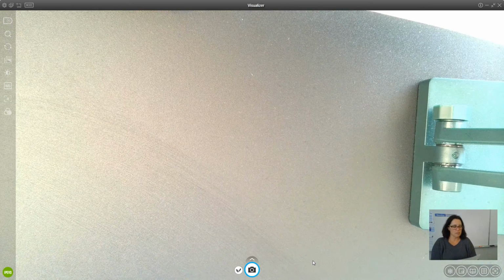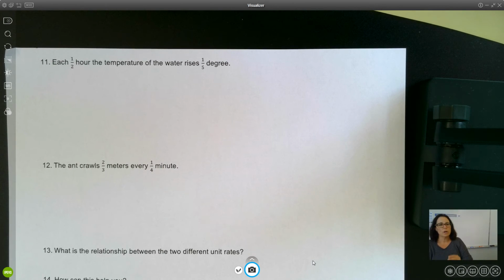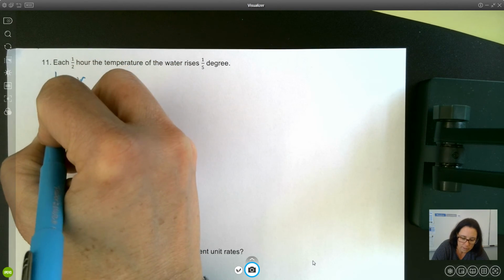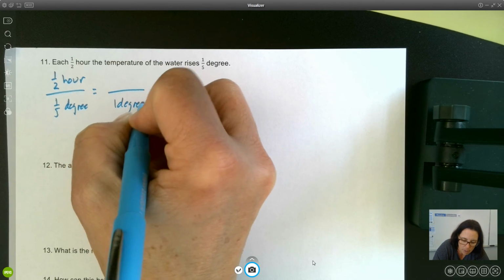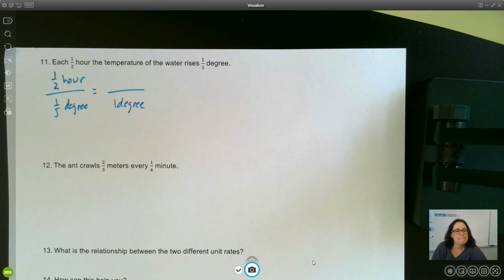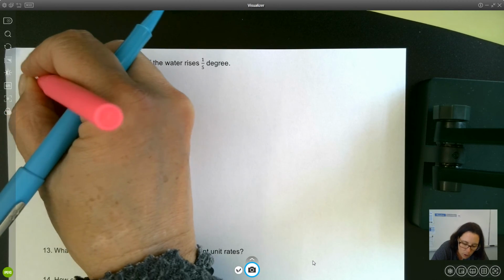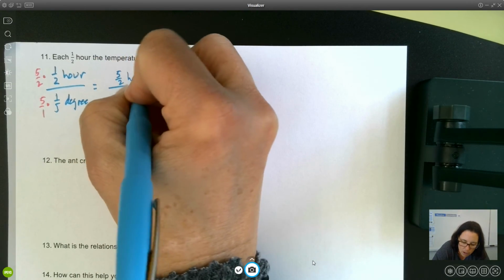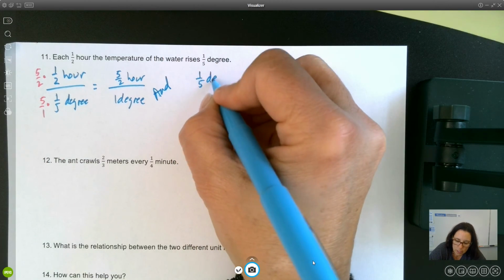Alrighty, last page, guys. Each half hour, the temperature of the water rises 1/5 degree. Okay, so we have 1/2 hour over 1/5 degree. We want to make that 1 degree. The way that we turn 1/5 into 1 is multiply by 5/1. So 5/2 hour. Okay, and 1/5 degree